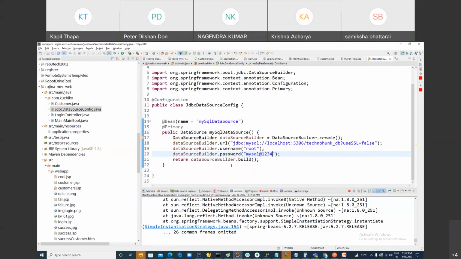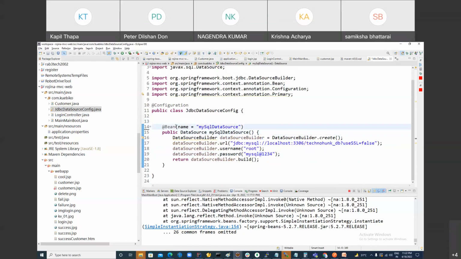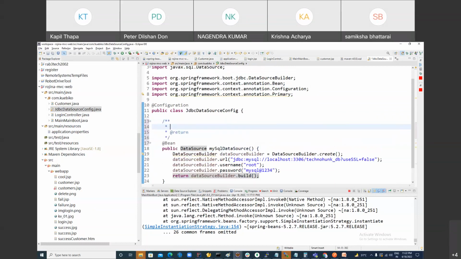Like here, @Bean, I'm not telling you we don't need it. This bean is saying, hey Spring, go and make a bean of what? DataSource, right? So you are making an object of DataSource, which is nothing but a connection. And @Bean means treat as a bean. A Spring container, please